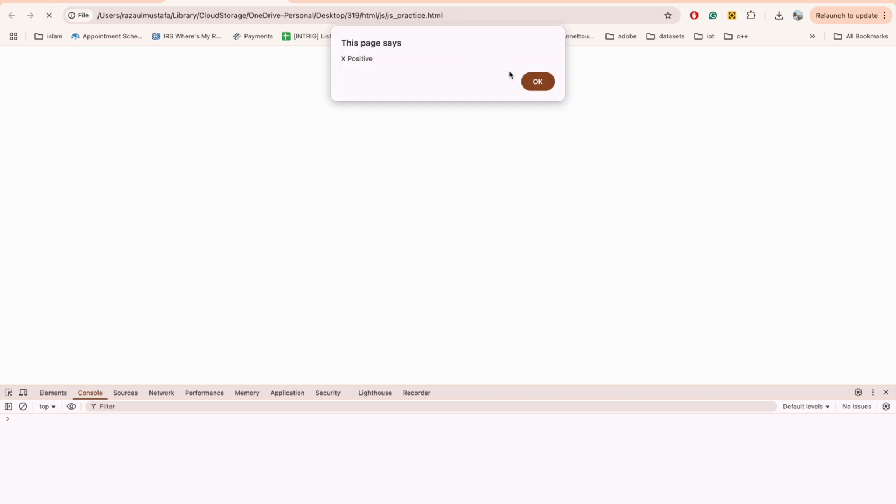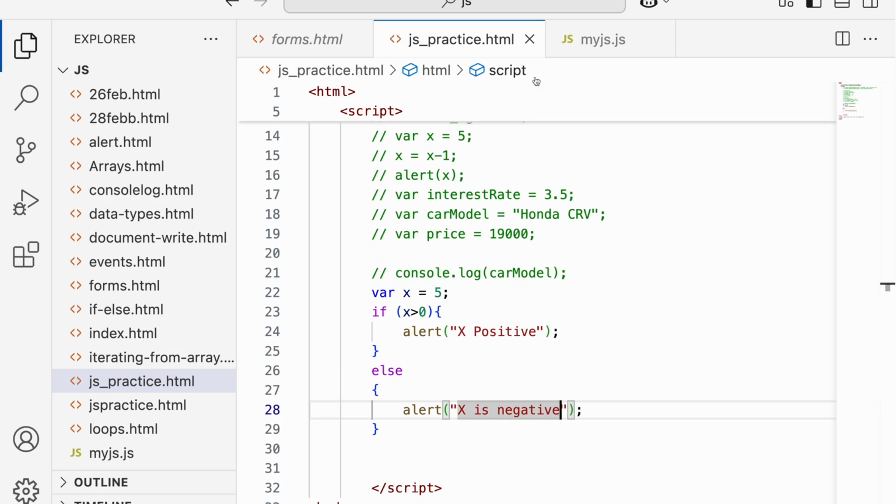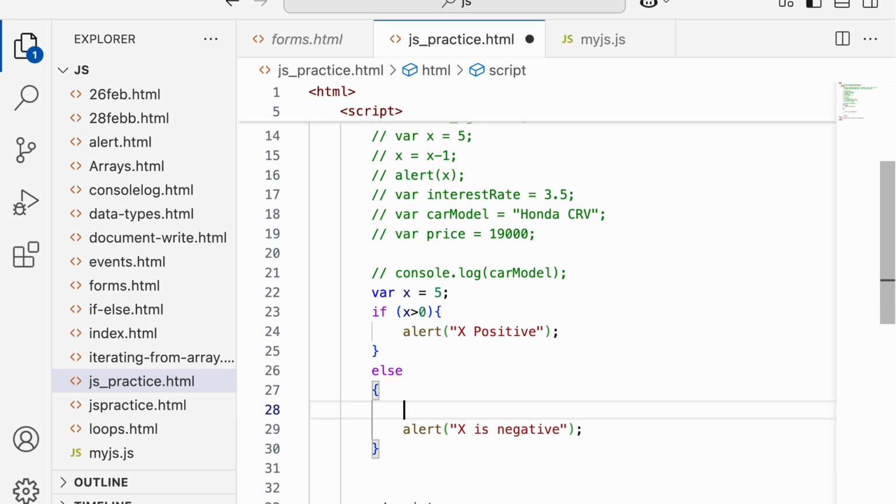All right, but let's say I'm going to use nested if else. If x is greater than 0, then it's positive. But what will happen if x is equal to 0? It's not negative or positive. That's when we need to use one more condition, that is nested if else. I'm going to use it